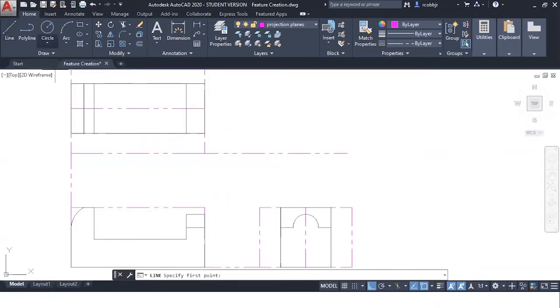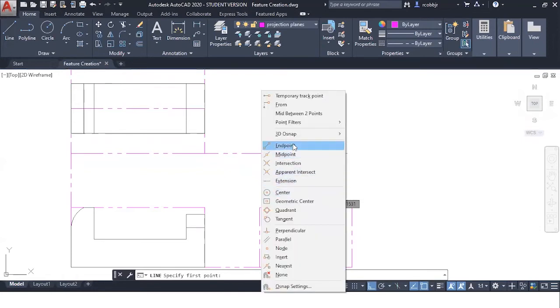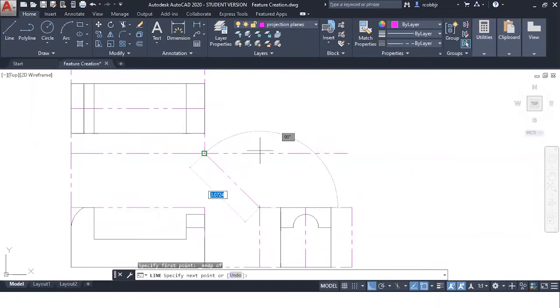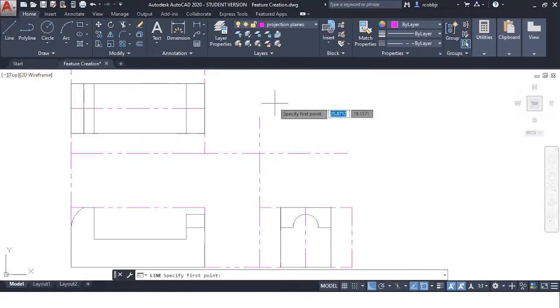We will take another line from the top left corner of the side view. Where these two lines cross, we will take a line from the intersection